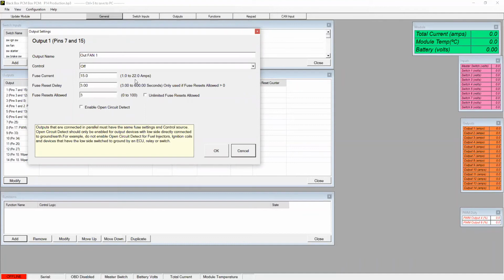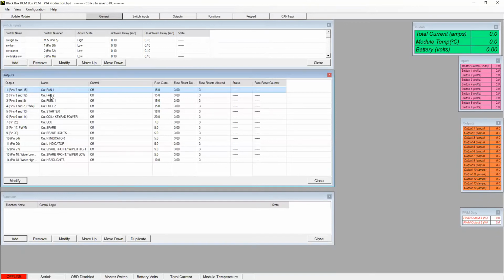But if you were exceeding 22 amps and you had a really, really big fuel pump draw, I've seen them as high as 25 or closer to 27 amps, you could stack the 2 outputs together. In this case, you would stack fan 1 and fan 2 to a giant fan, or fuel 1 and fuel 2 to a giant fuel pump, and you could achieve up to 44 amps on that output,